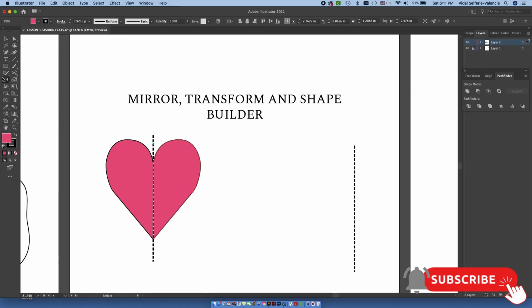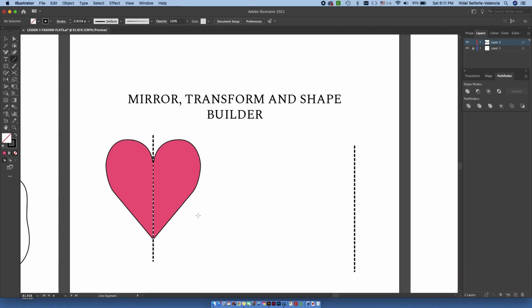I use this a lot when I'm drawing flats. I'll draw half the body and then reflect it over, and then you can then join the 2 pieces together. Now, there's a couple of ways to go about doing the joining. Sometimes if you have just disparate sort of pieces of lines, for instance, so if I have this line, then I have an identical one